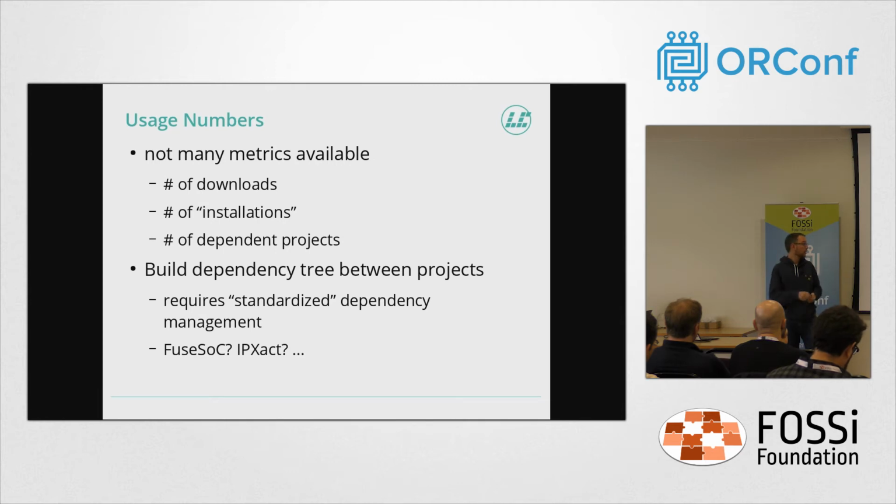And what we see in all those NPMs and other ecosystems is that they have more or less standardized dependency management. In Node.js, you have your one dependency manager. In Python, you have the other one. And in PHP, you have Composer for now. That's always a very nice way of figuring that out. We don't have that in hardware yet. So there's a lot of homegrown solutions for that. Everybody has their own way of doing Git submodules or including Tcl scripts that get stuff from some repositories. But the problem there is, of course, there's no way to catch all those special cases automatically.